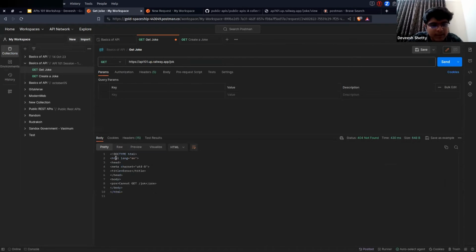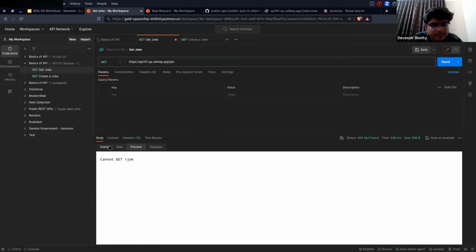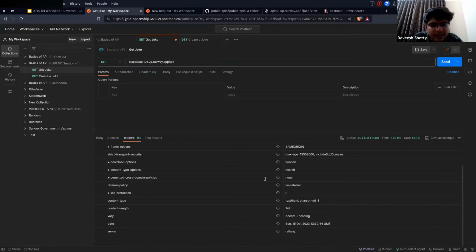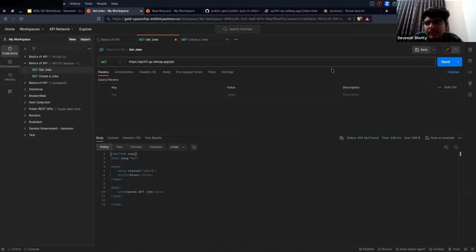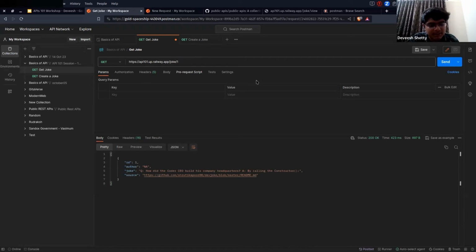See, preview. This HTML is getting previewed here. Then you can see the data, headers. So lots of things are there. You can check it out every time. So I will just keep it like this and press Ctrl S. You see your orange color dot, which means that this request is not saved. Press Ctrl S. It's saved.